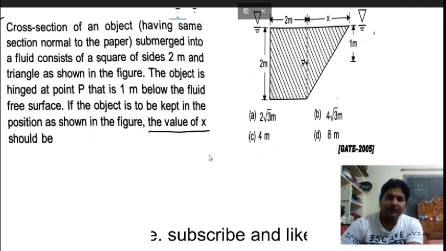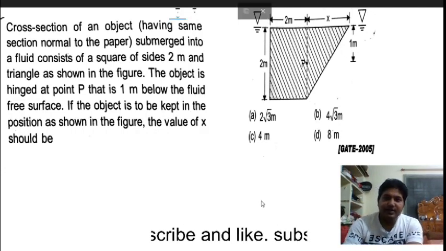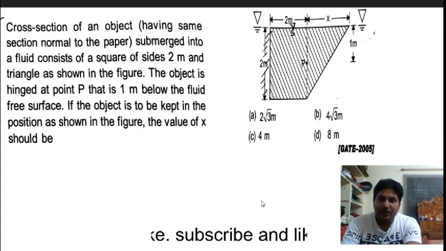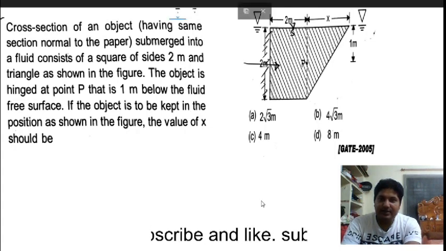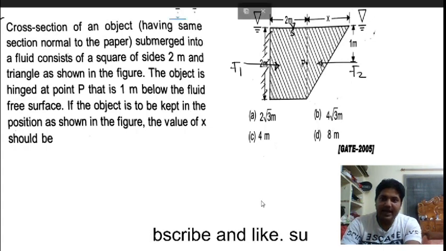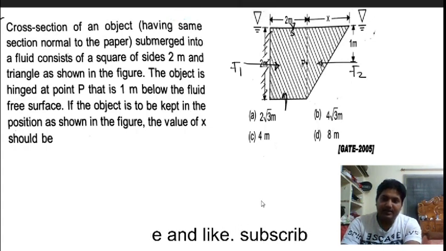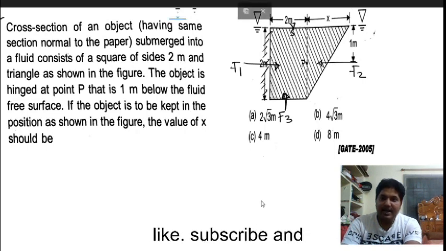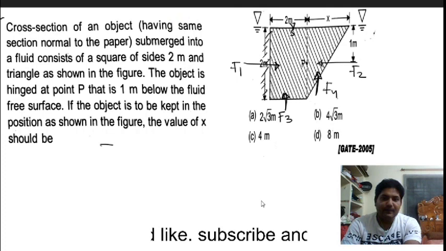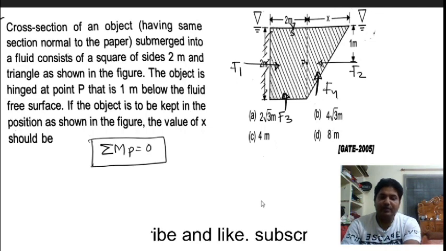Now if you see this one, this is the free surface, and these are the boundary parts which give rise to a force in this direction. Suppose this one is F1. Similarly here also a force will act in the horizontal direction. Suppose this is F2, and the weight of the fluid exerts a force on this part, suppose this one is F3. And similarly in this one also a buoyancy or upward thrust will act, this one is F4. Okay, so what will happen? The net moment about this point P will be equal to 0.